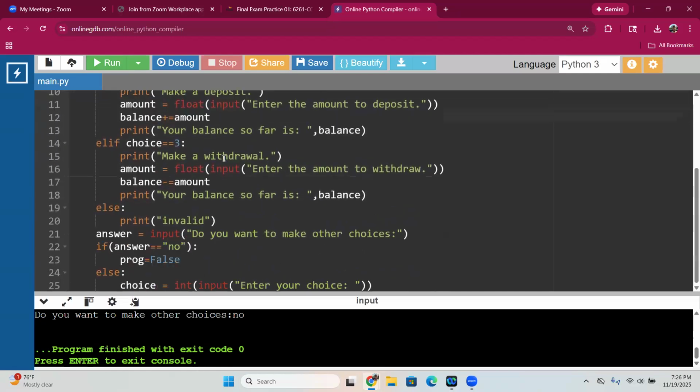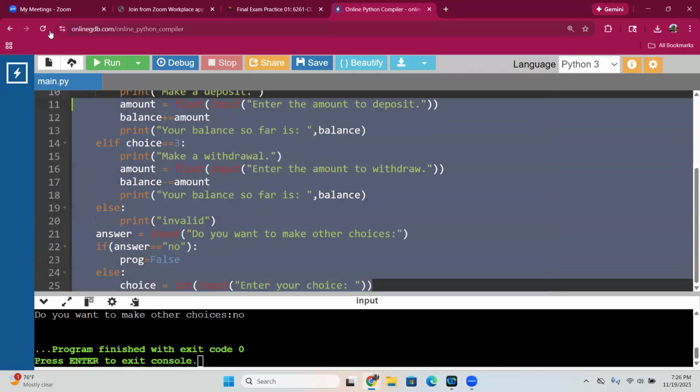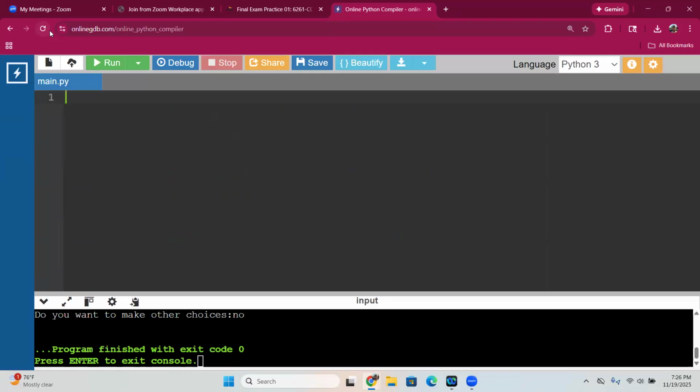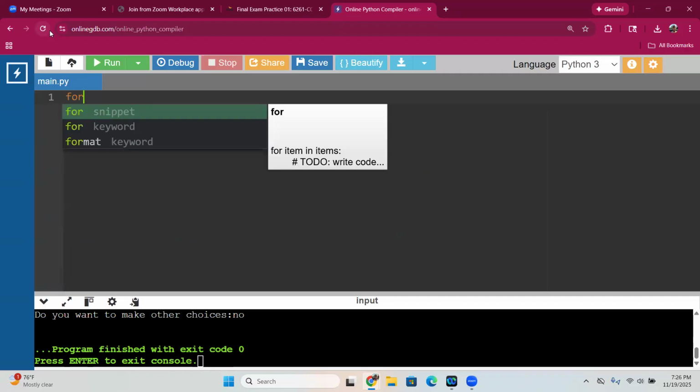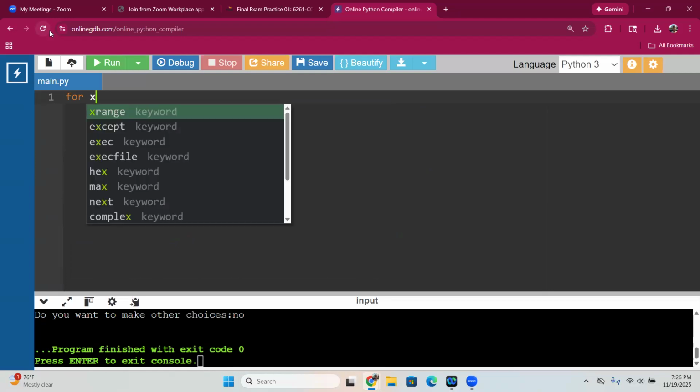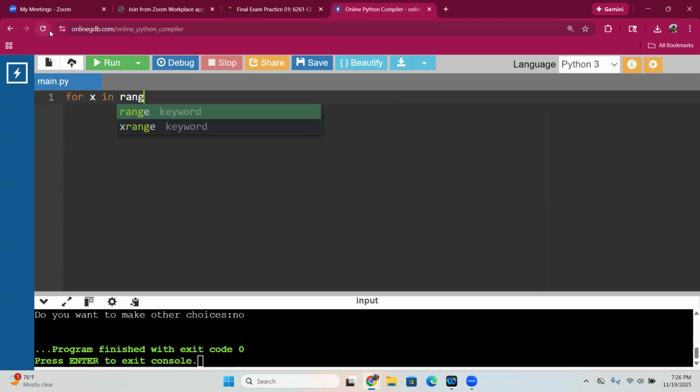Of course, we have the for loop also. So for loop, what's the difference between for loop and while loop? You can use them interchangeably most of the time, but generally speaking, the while loop is for when you don't know exactly how many times you're going to be executing a statement, and the for loop is for when you know. For example, if I want to say something a certain number of times, I would use a for loop. So for example, I can say for x in range